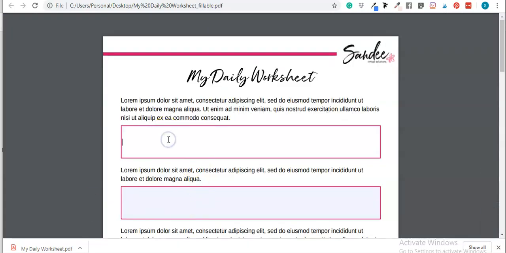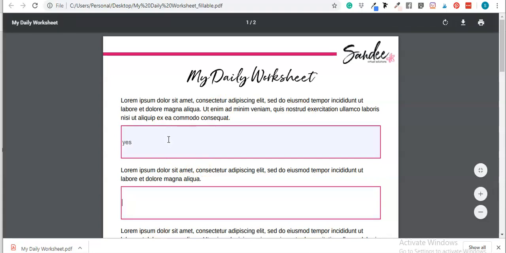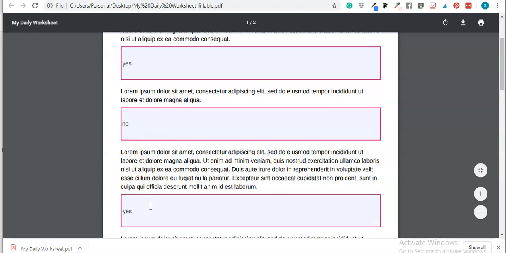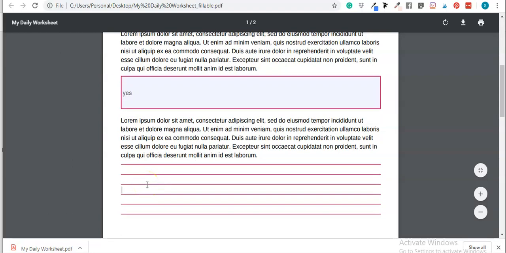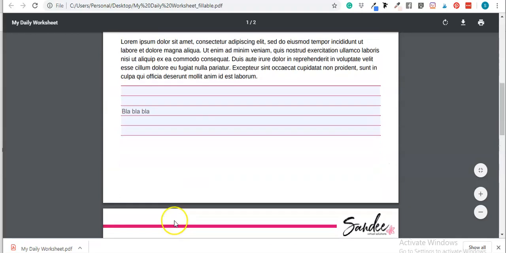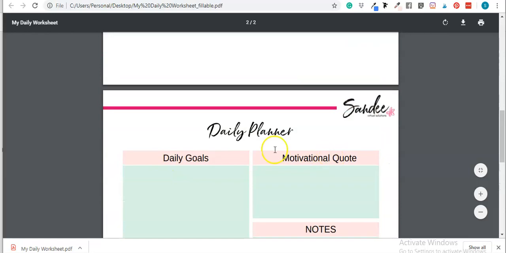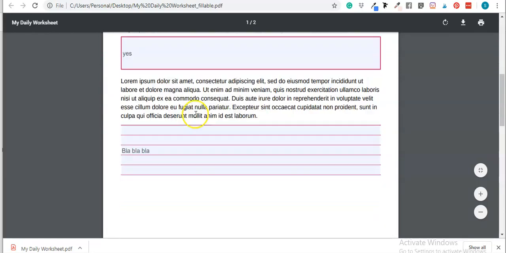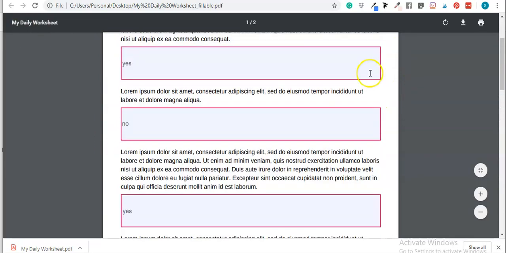So I'm gonna say right here, yes. I'm gonna move no, yes, blah blah blah, like that. This one we haven't made fillable, so I'm just gonna leave that one. I can't do anything on those boxes because we did not add a text box on that. Okay, so